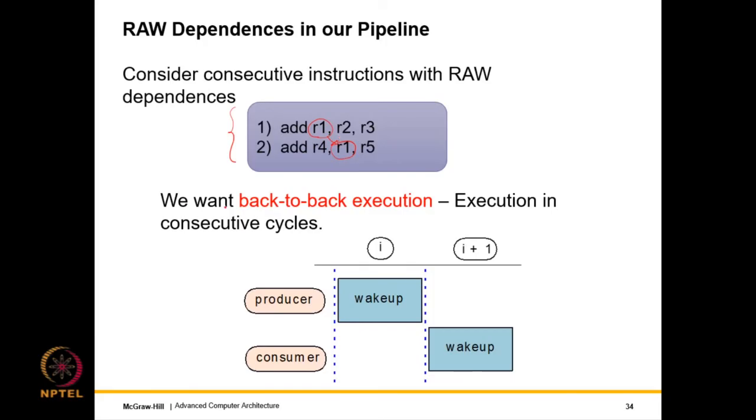So what we ideally want is back-to-back execution, because after all, in an in-order pipeline with forwarding, they would execute in consecutive cycles, right? So we would have forwarding, pretty much MA to EX forwarding, right? Memory access to execute forwarding, we would have that. But an in-order pipeline would ensure what is called back-to-back execution or execution in consecutive cycles. If we do not get that in an out-of-order pipeline, then for a long piece of code which has a chain of dependencies, an in-order pipeline would give us a higher IPC as opposed to an out-of-order pipeline, and this is not acceptable to us.